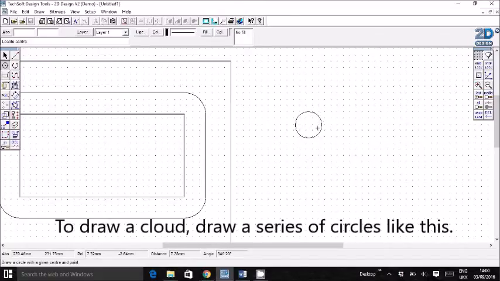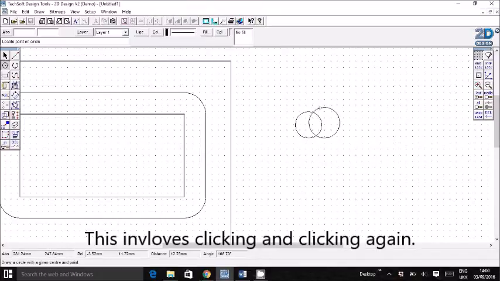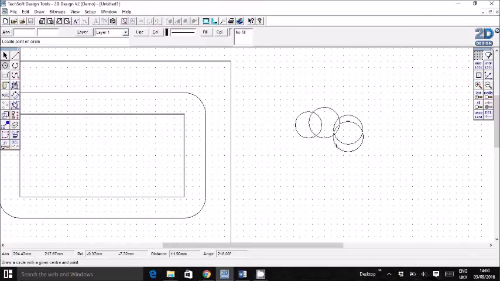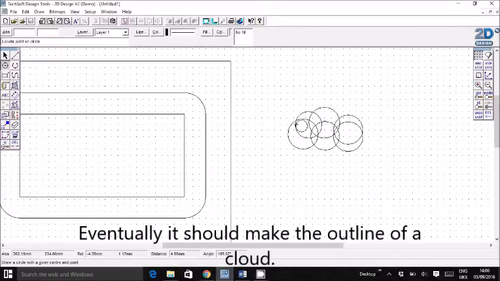So to draw a cloud, I've got the circle clicked, and I'm just going to draw a series of circles. So just click and then click again, click and click, click and click, and what you should see eventually is it making a big sort of blob, and I'm just going to have one out here. That doesn't look like much of a cloud at the moment,